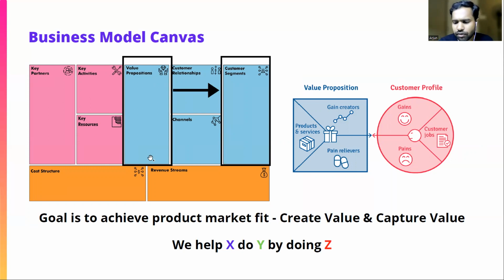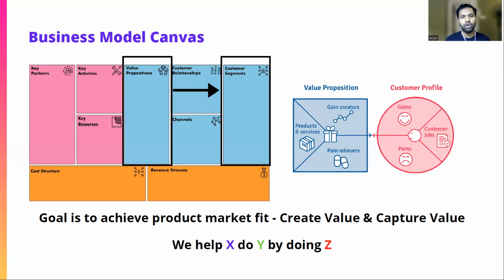The first and foremost important thing of any commercial venture is the value proposition. So what is value proposition? If you have any product or service, what value are you providing your customer with that product or service? What is the uniqueness of your product and service? What are competitors not providing that you are providing? What is that unique value?